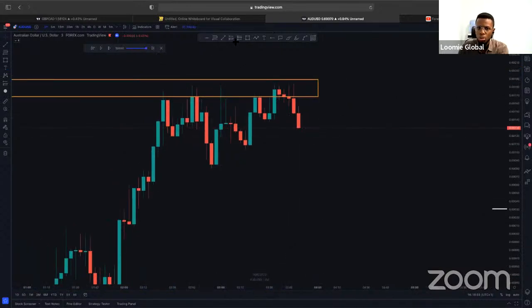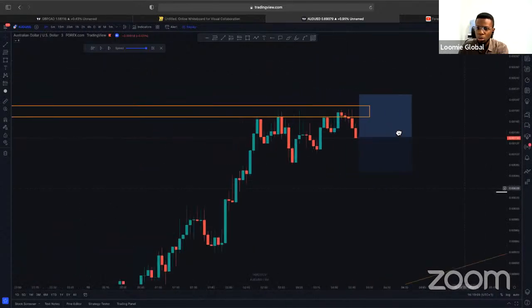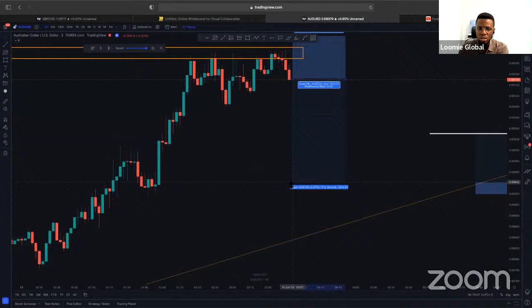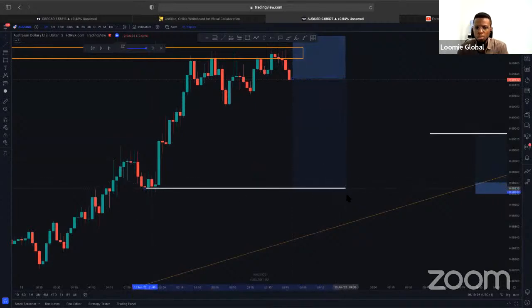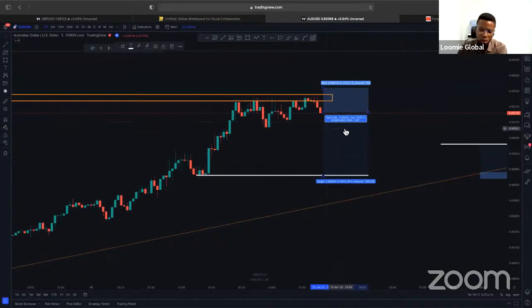What do you do? You pick your short, take a position from here, put your stop loss right above this high, maybe just a little bit above. Look, we're even down to like a 7.8 pips stop loss, which is a good thing. And you can set your target right at this low, right here. This is already a 1 to 2.6. So if you're risking maybe $20 or $40 on this trade, you will already be making either $40 or $80 as profit.